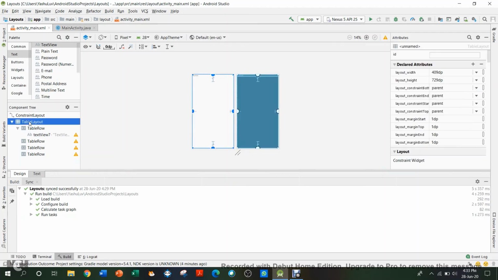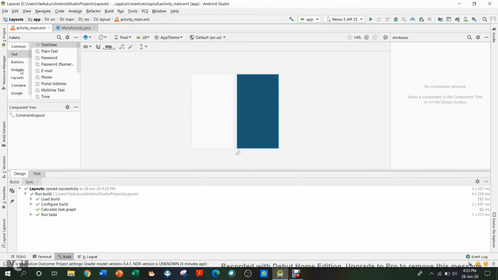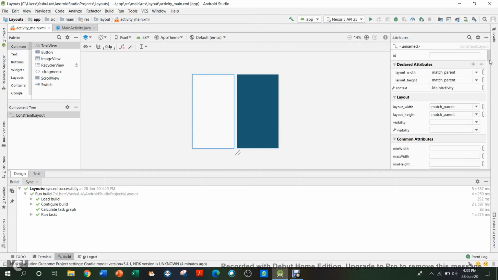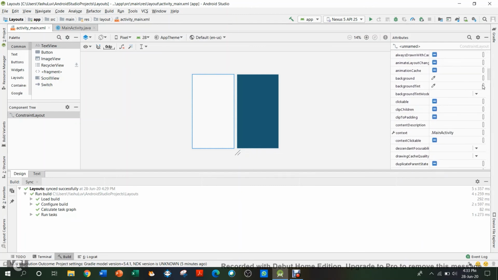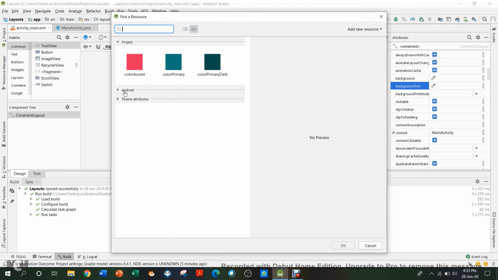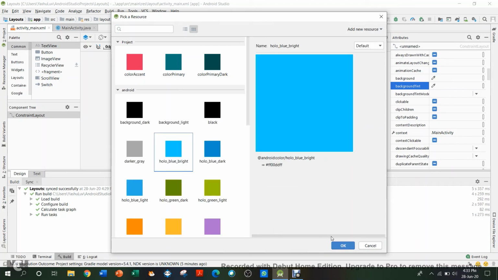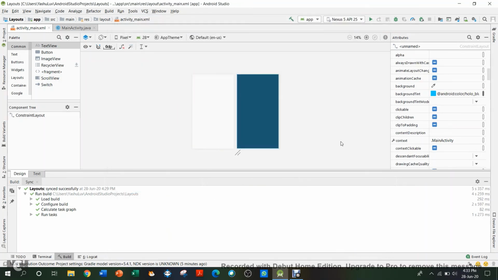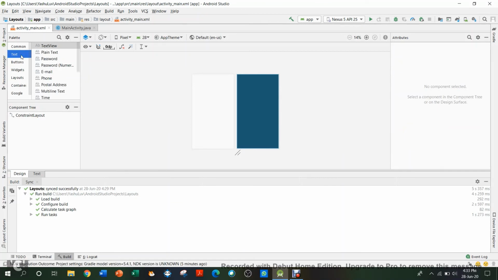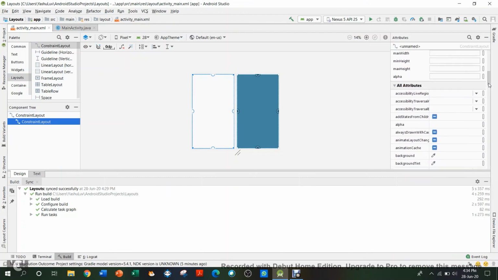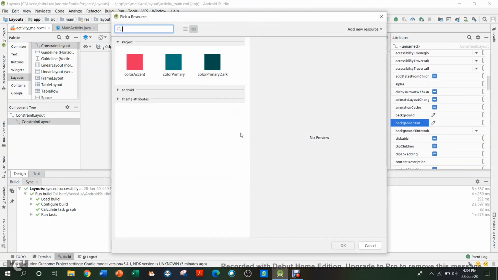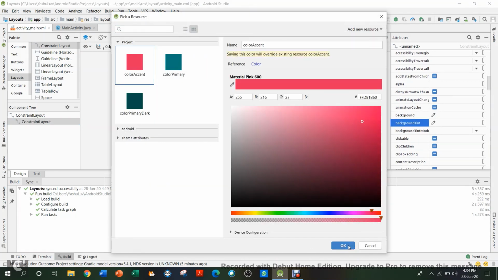Then now I'll show you how to add color into your screen. So go to your constraint layout, then go to background tint, and then you can choose any color. I'll try this light blue. Okay, it won't work for that. So let's just add another constraint layout, and then let's try it again. Let's try this only.